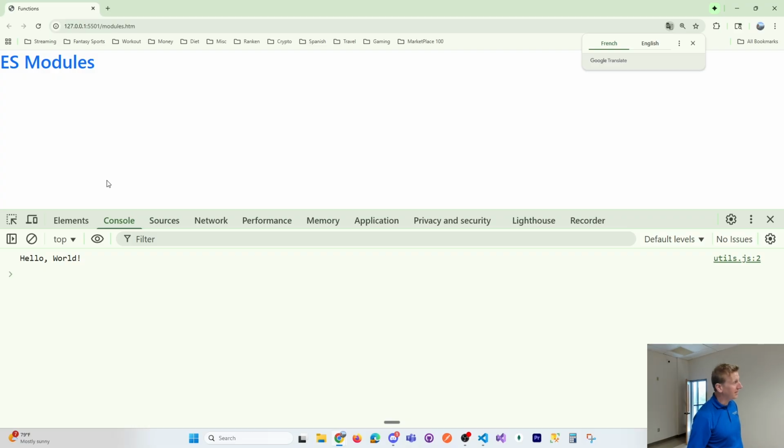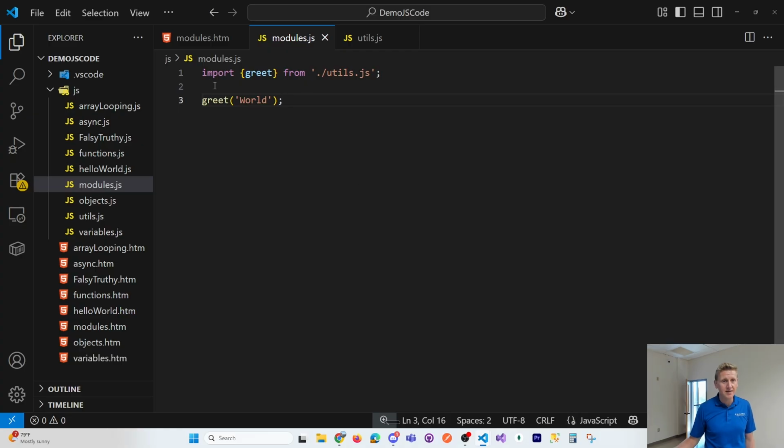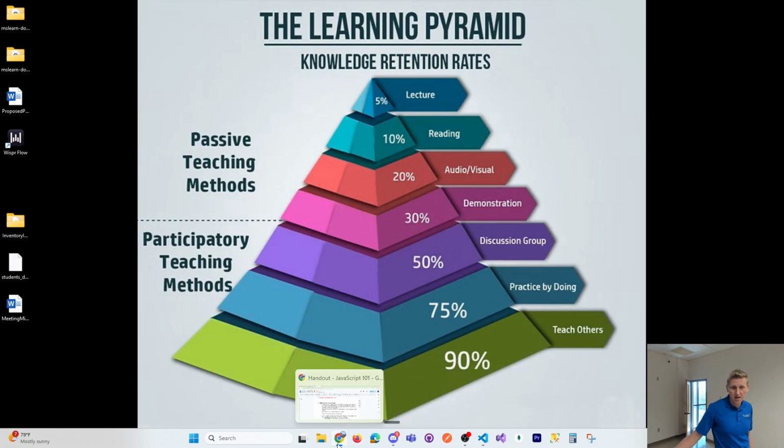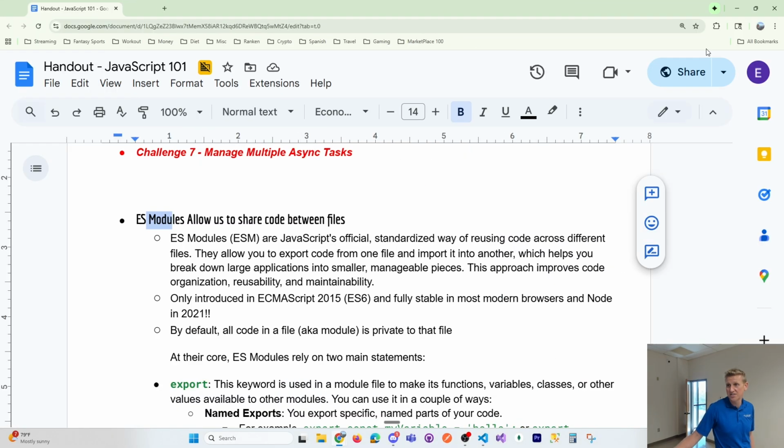Okay, very simply covering this concept. It's not a hard concept to grasp. You're sharing code between files. It's done with an import keyword and an export keyword. It's important to see if you've never seen it before. However, the syntax is interesting, right? If you have a named export versus if you have a default, as the notes talked about. Okay, let's pull this back, and let's pull this back